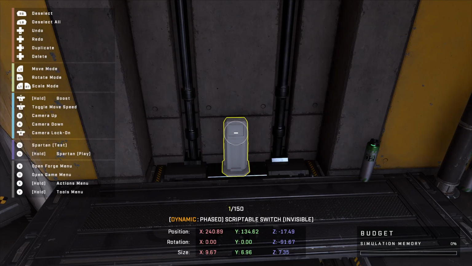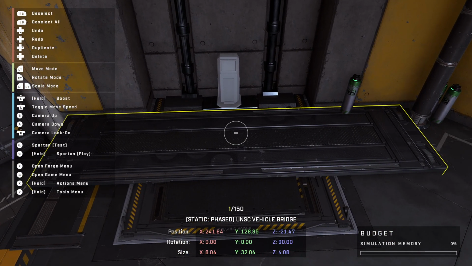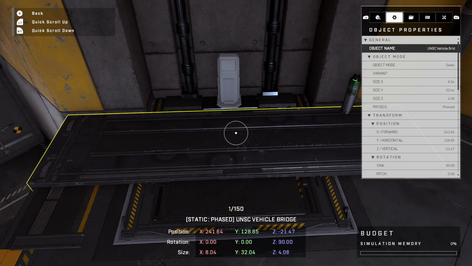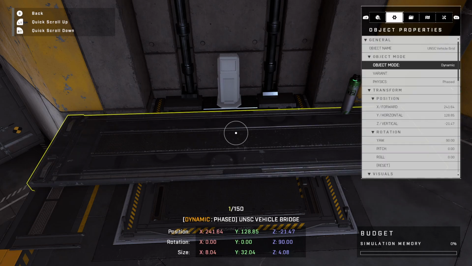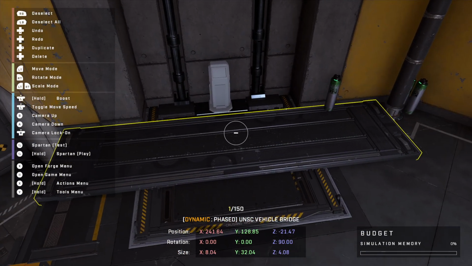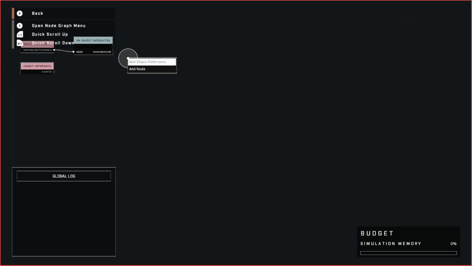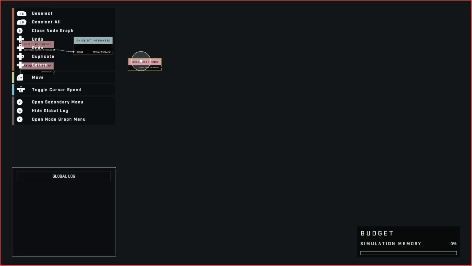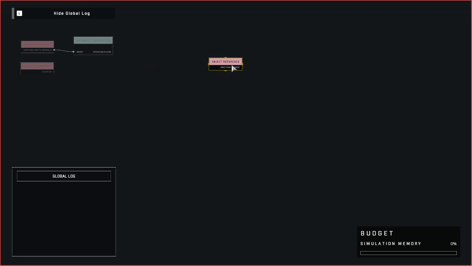So I'm going to back out here. I'm going to select our platform, and you won't be able to move anything that is in static, so you've got to switch it to dynamic. And there we go, we got it dynamic. We got it highlighted. So when we go back into our node graph, on the controller you hit Y and you can add it in, and you notice it says UNSC vehicle bridge. So that's our object we're going to be using to